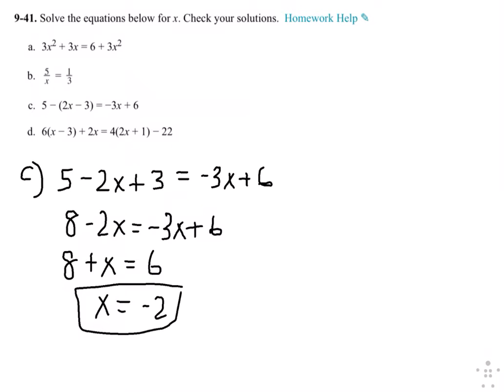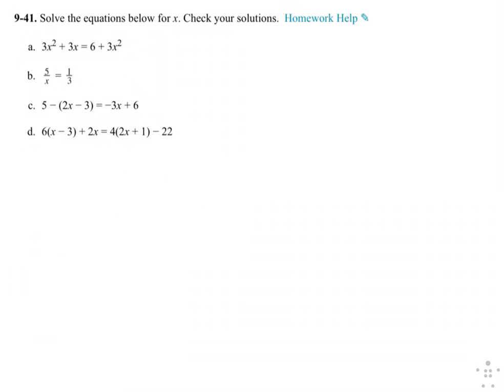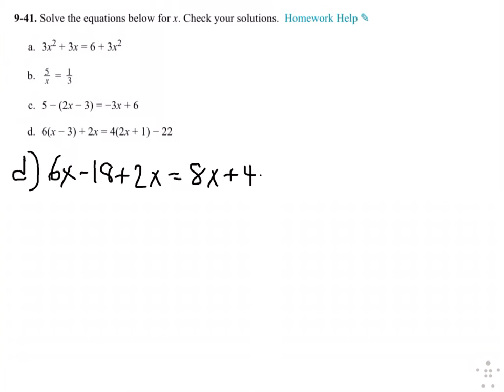And D, let's make some room for D. D, I'm going to distribute the 6. 6x minus 18 plus 2x equals, then I'm going to distribute the 4. 4 times 2x is 8x. 4 times 1 is 4. I'm going to combine like terms. 6x and 2x is 8x minus 18. Combine like terms here equals 8x minus